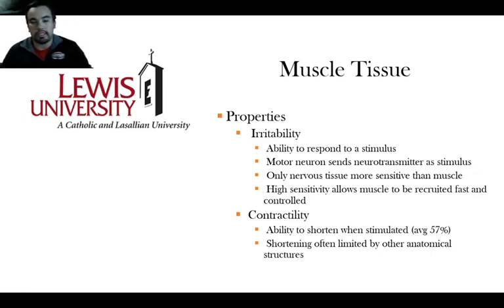So once it is irritated, it gains contractility, and that is the ability to shorten when stimulated. Most muscles within the body are able to shorten from their original resting position about 57%, but it could be as high as 70%